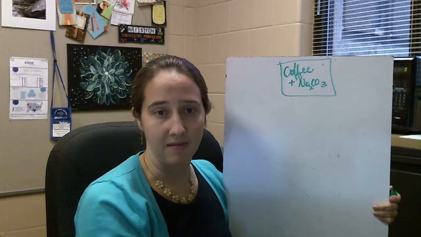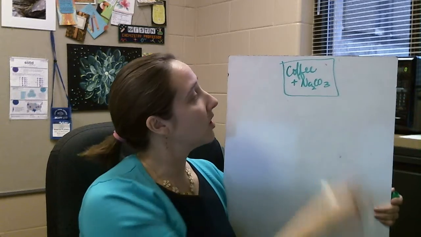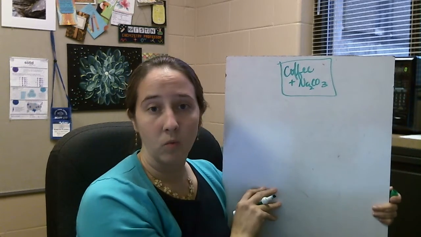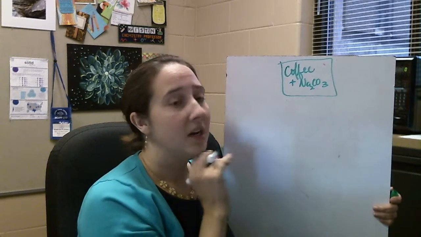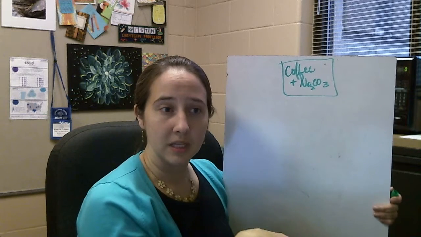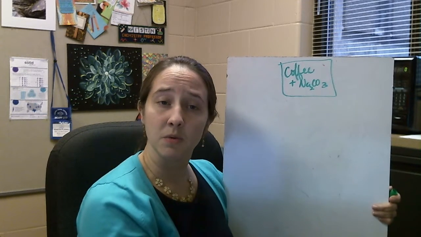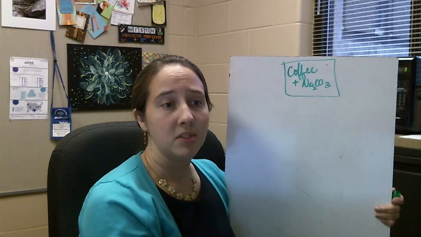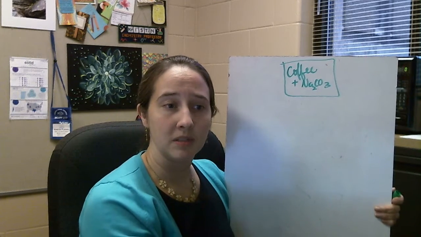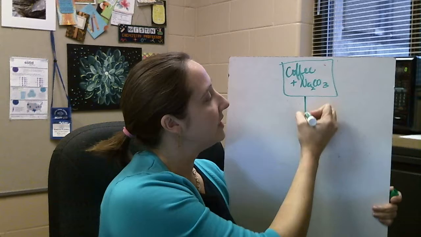So in that caffeine lab, we first took our coffee, we added sodium carbonate and water. So we made our coffee and then we cooked it for a while and then it cooled down. And then here's where the flow scheme starts. So then we took that, put it into a separatory funnel. We added to that